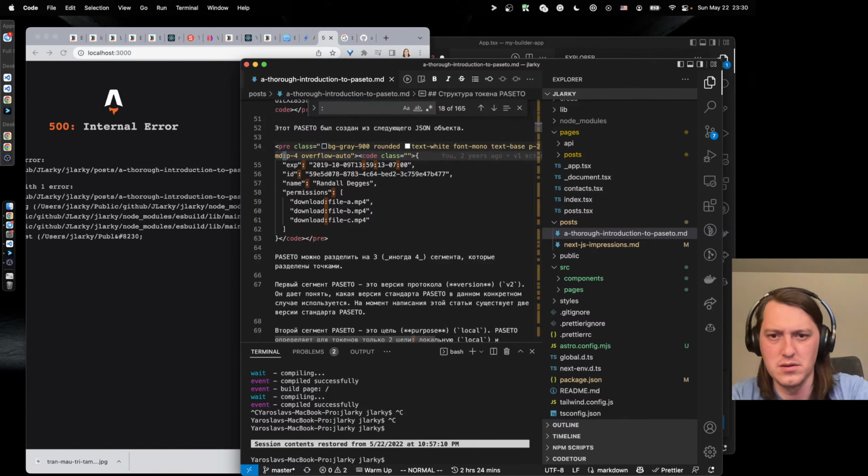Interesting that it has this effect. In the network tab, how do I refresh it? Hard reload, empty cache and hard reload. Okay, so 200 kilobytes.